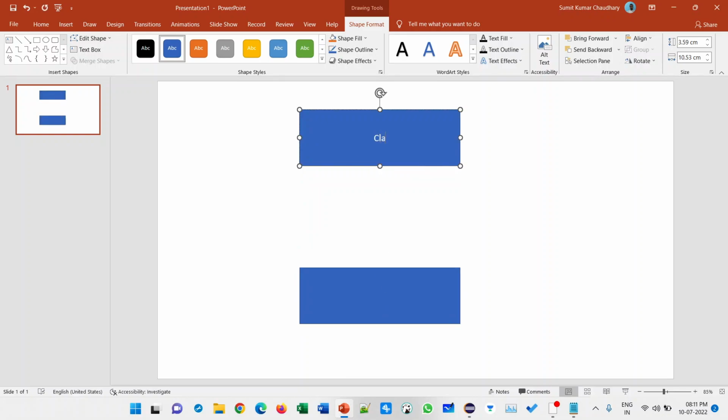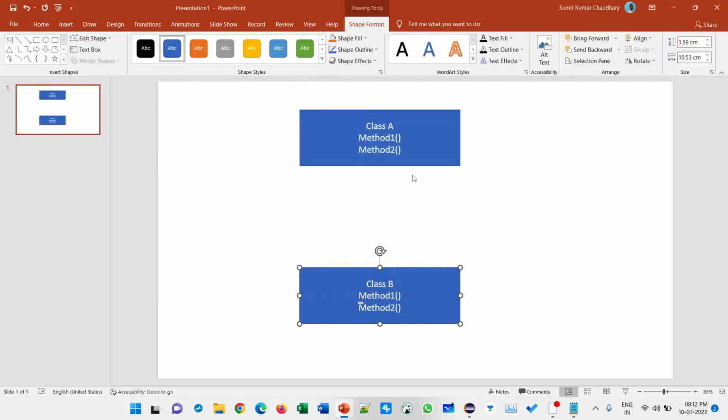And class B also has some properties, method 1 or method 2, for suppose.